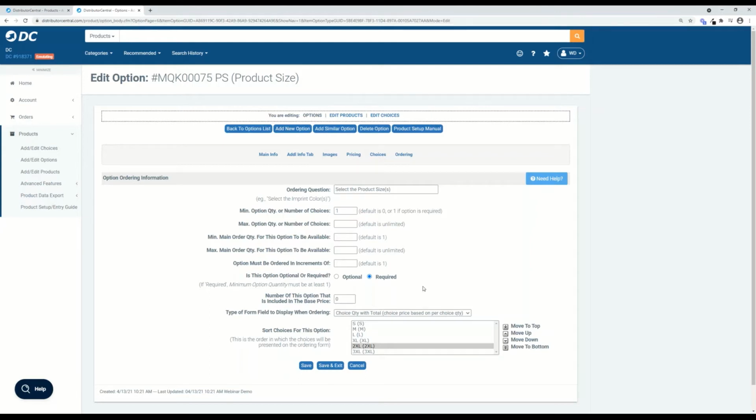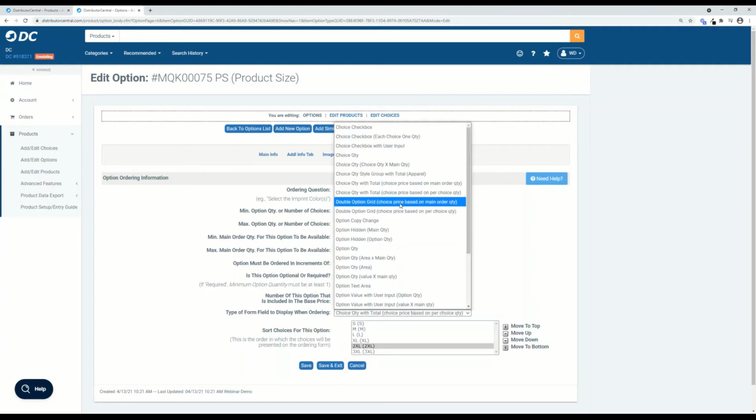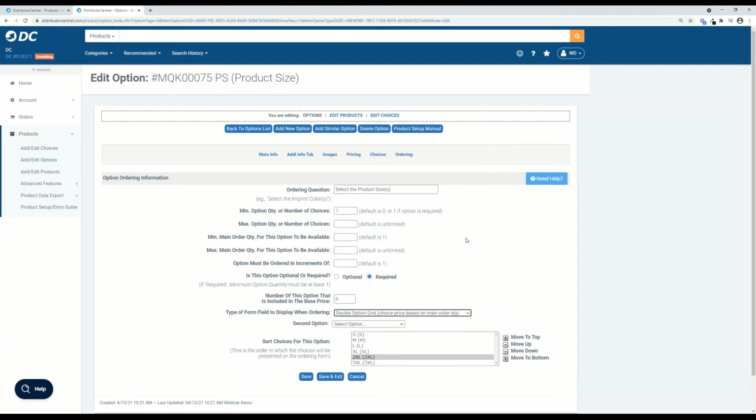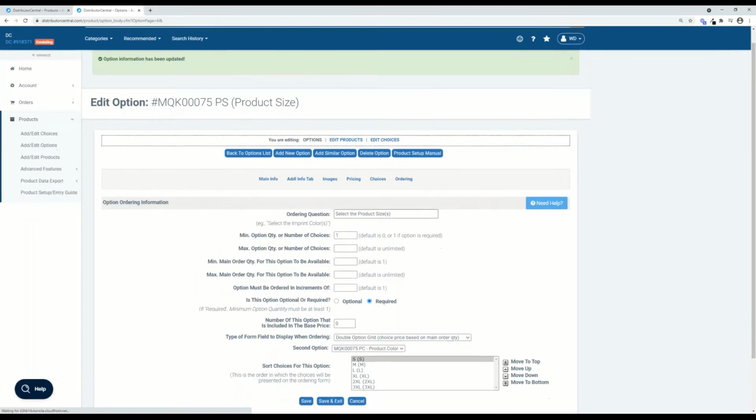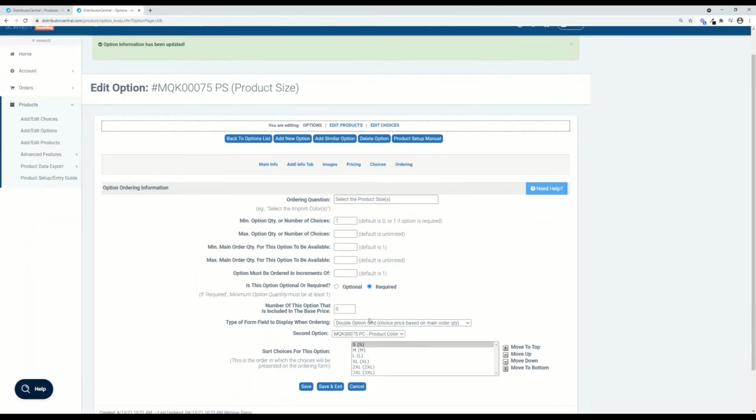It's called the double option grid. So if you look down here, it says type form to display when ordering. We're going to change this to double option grid, price based on main order quantity. And it's going to ask us for the second option that it wants us to pair it to. So the option that we have is the product color. And I'll hit save. And then we just need to go back and pair the product color to the product